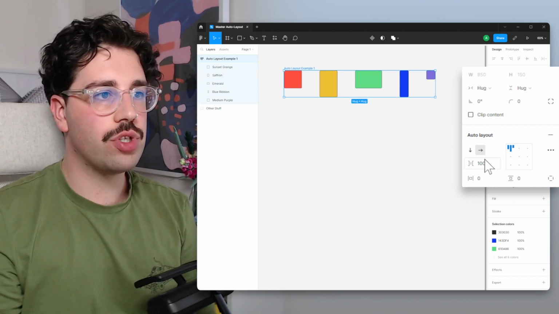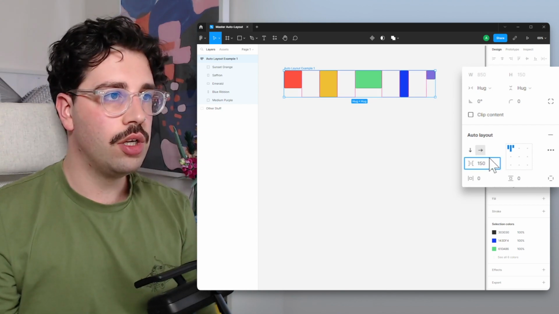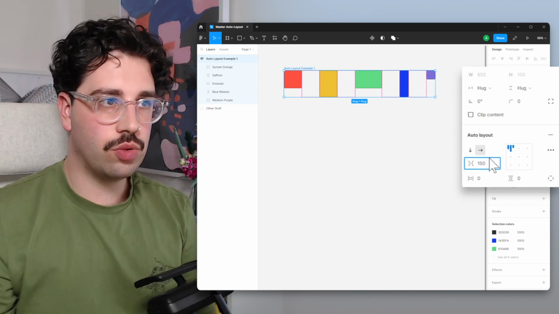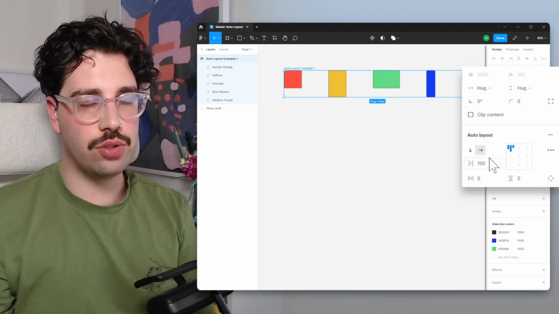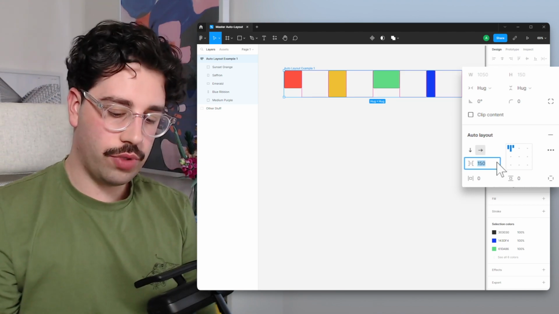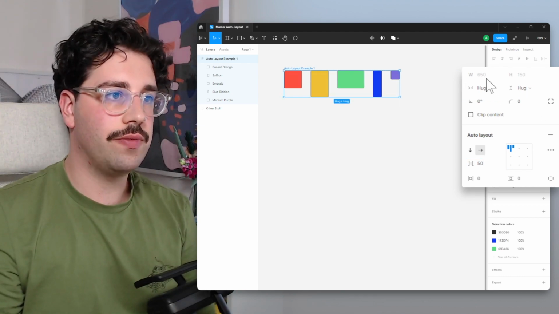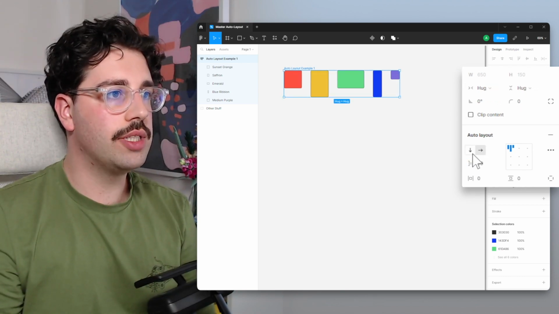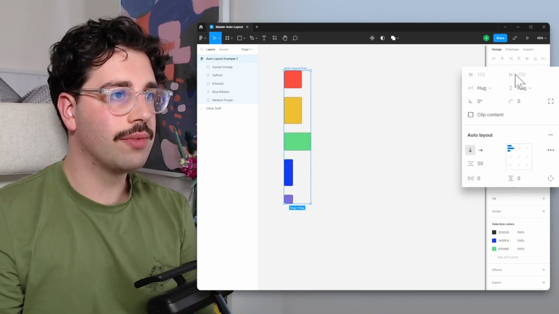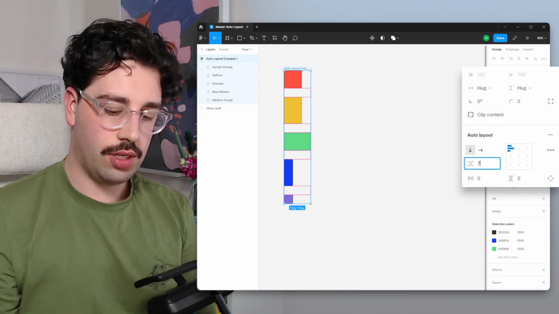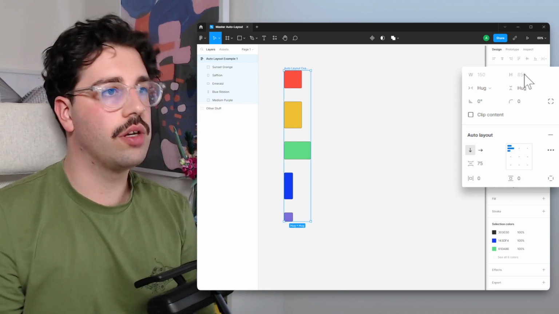will be dynamic. So if we increase this to 150, you'll notice it goes from 850 pixel width to 1050 pixel width. Similarly, if we do this to, let's say 50, it changes it to 650. Same with the height. So if we did this as a column auto layout, currently it's 750. If we change that to 75, it goes to 850. So again, hug means that the width and the height will dynamically hug the elements and the spacing defined within